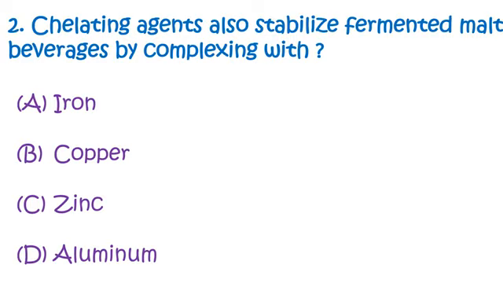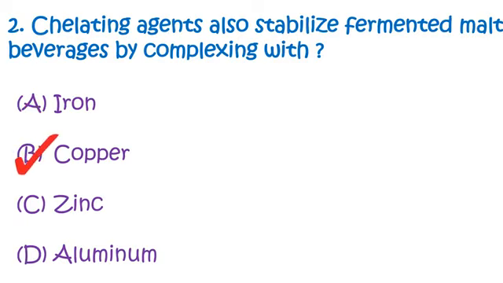Question number 2. Chelating agents also stabilize fermented malt beverages by complexing with. Options are option A, iron, B, copper, C, zinc, and D, aluminium. And the correct option is